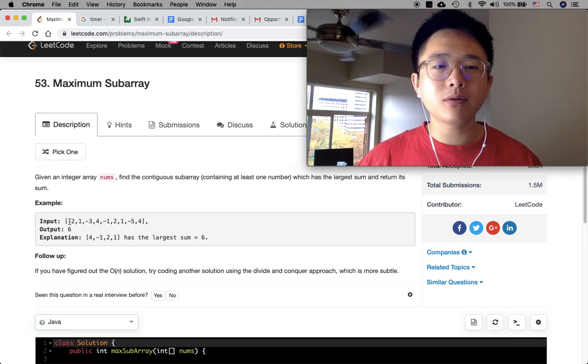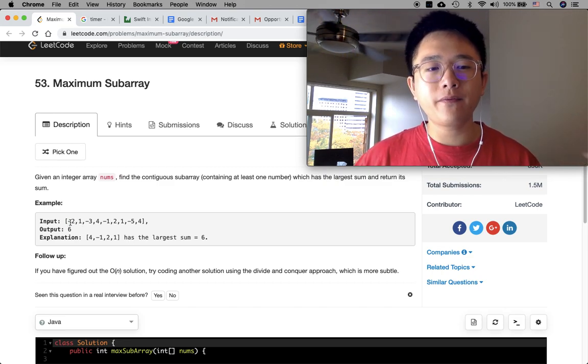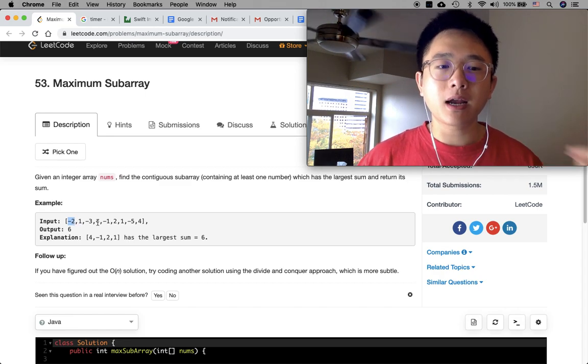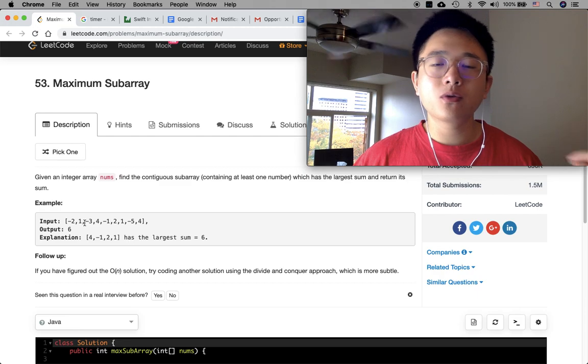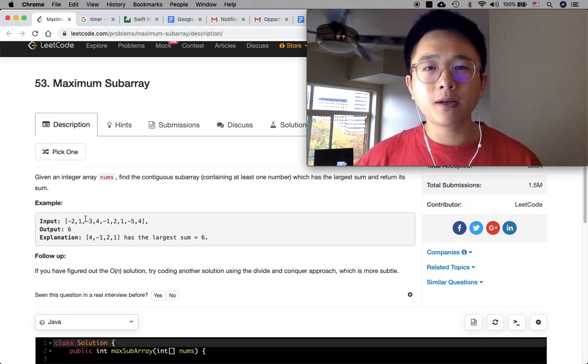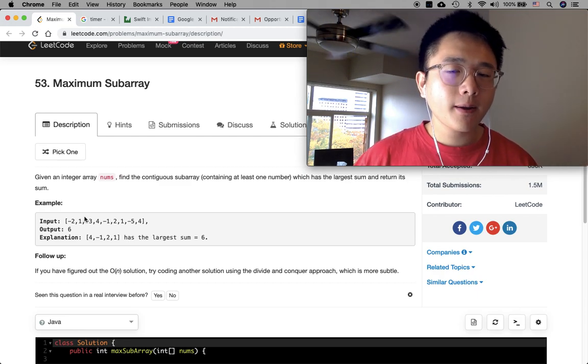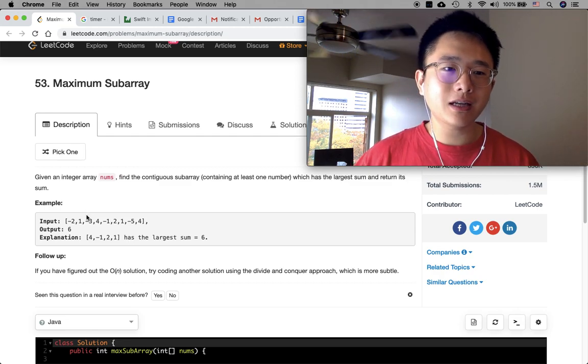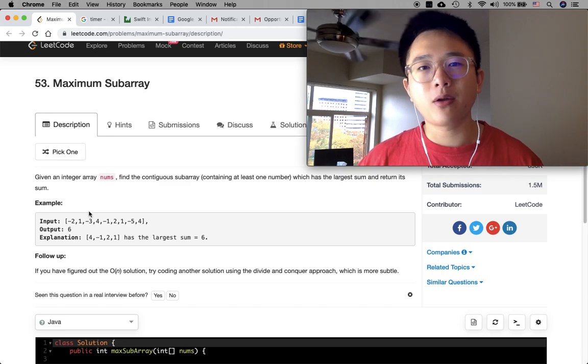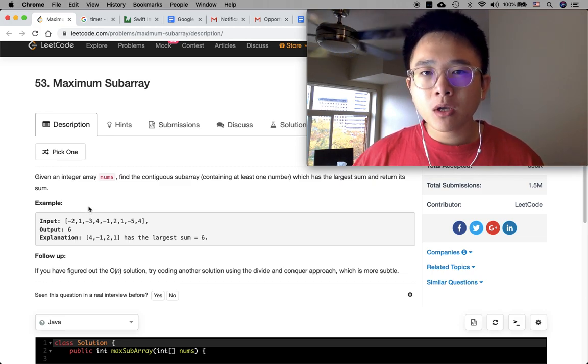So right now, if we start from the first element, we see -2, right? So max is -2, and we move on to 1. So -2 plus 1 is -1. Yes, the max right now is -1, which is larger than -2, but we could have done better with just 1, right? So